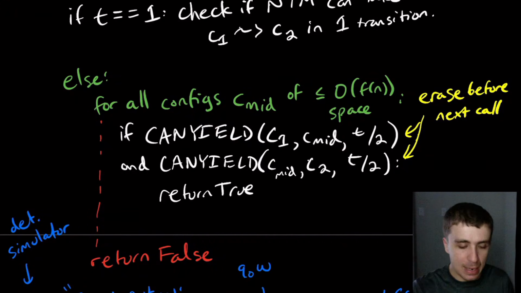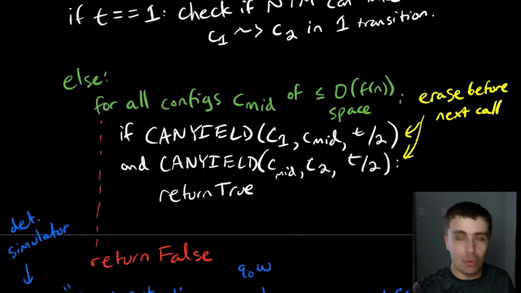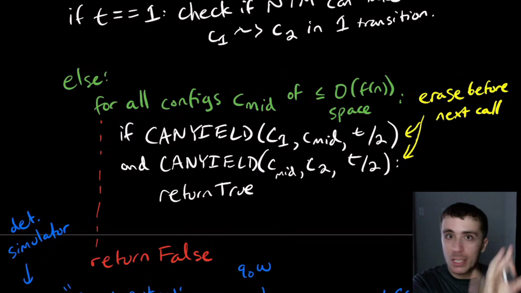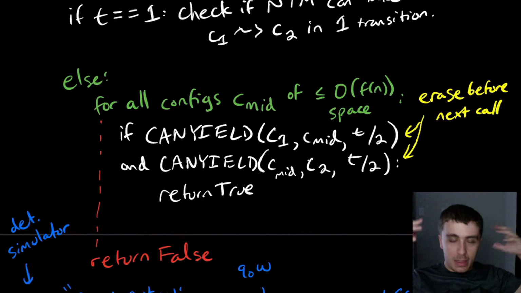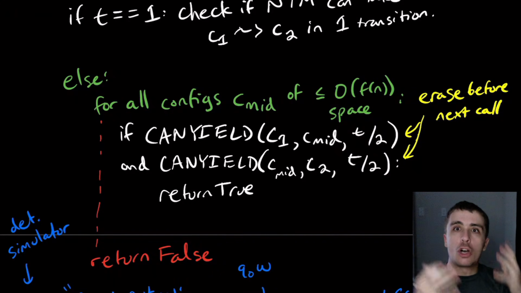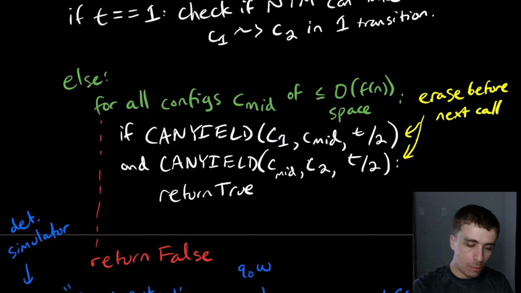In fact, we don't even need that. So if this first one returns false, don't even call the second one. Just go up here and then try again. If this one returns true, then you call this one, and that's what you will examine at that point. But you erase the tape, whatever was on the tape before, you erase it completely, before the next call. So that means that the amount of space that's needed in this whole thing is the amount of space at each of these recursive calls